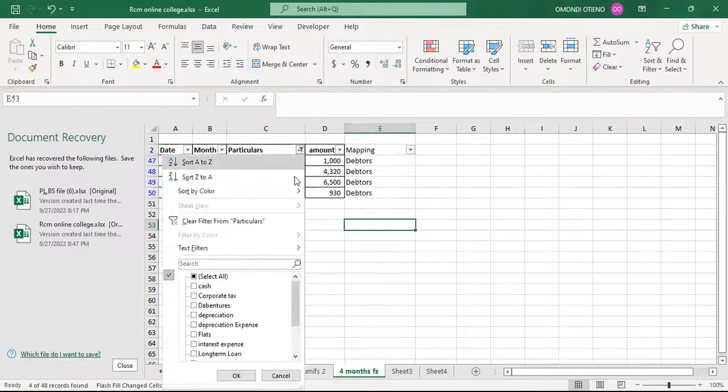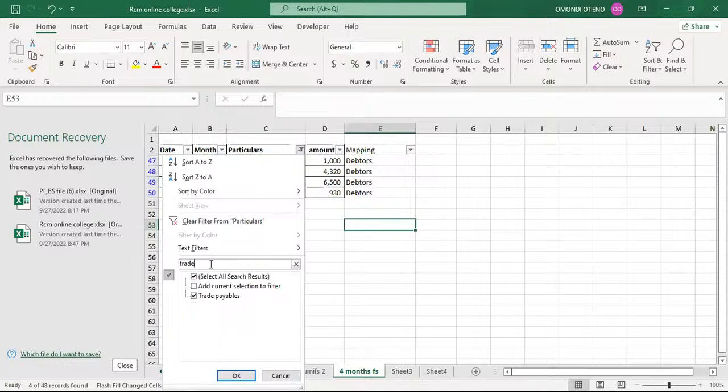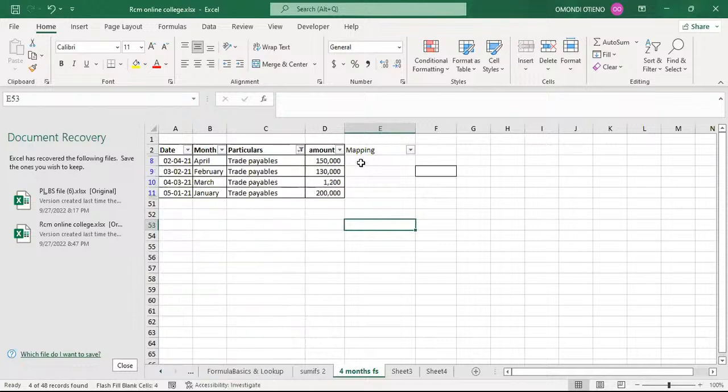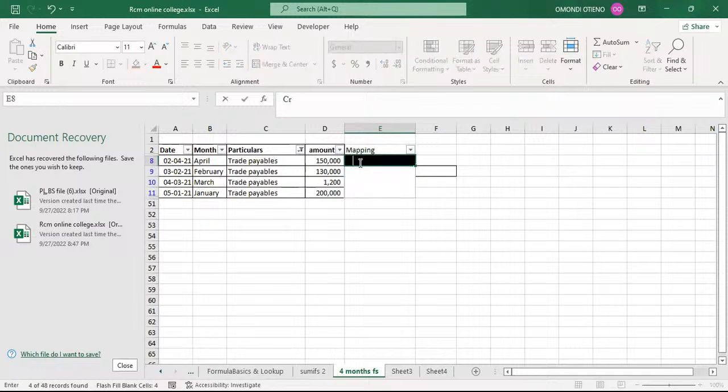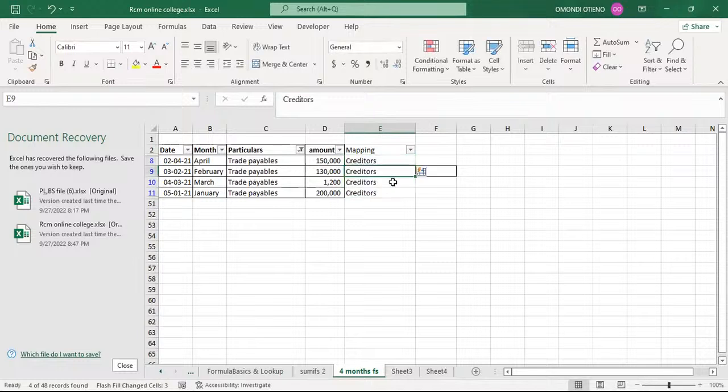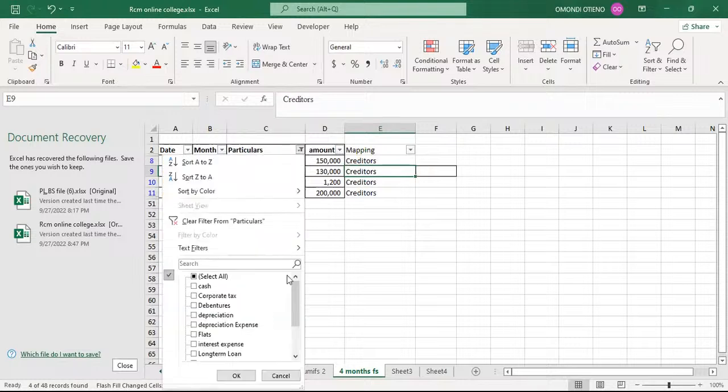The next item that I've also seen there is trade payables. I've also been able to see trade payables. So trade payables, we can call them creditors or maintain the name. So let's have creditors there. There's also another item that we have not picked, that is